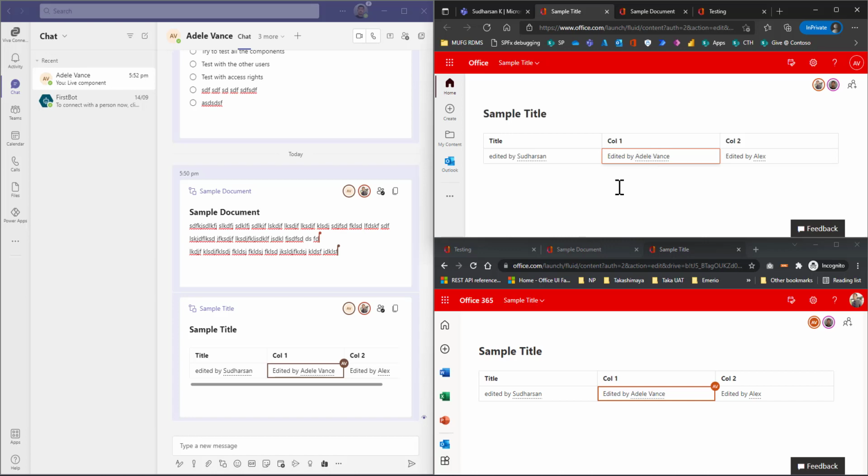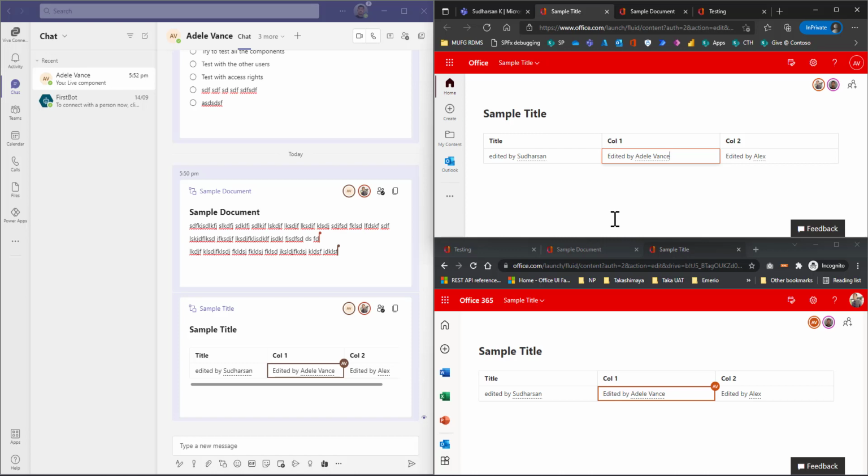So this is how you can use the Microsoft Loop component, and soon there will be an app released where you can do more stuff, more co-authoring, more collaboration, and there will be more components involved. So everything will be real-time live components.